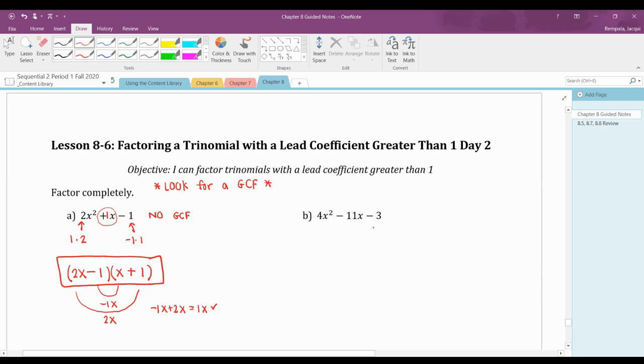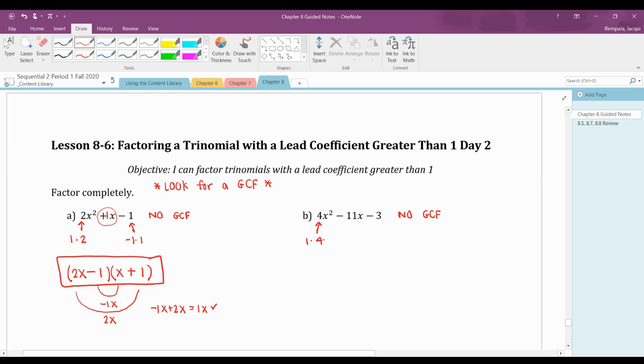So obviously they all have a 1 in common, but that's not going to change anything. Because they don't all have a 3 in common, I don't have a number for a GCF. If I look at my terms, they don't all have a variable. So once again, I've scanned, but there is no GCF. So then now I want to look at the first number again, because that tells me that I can